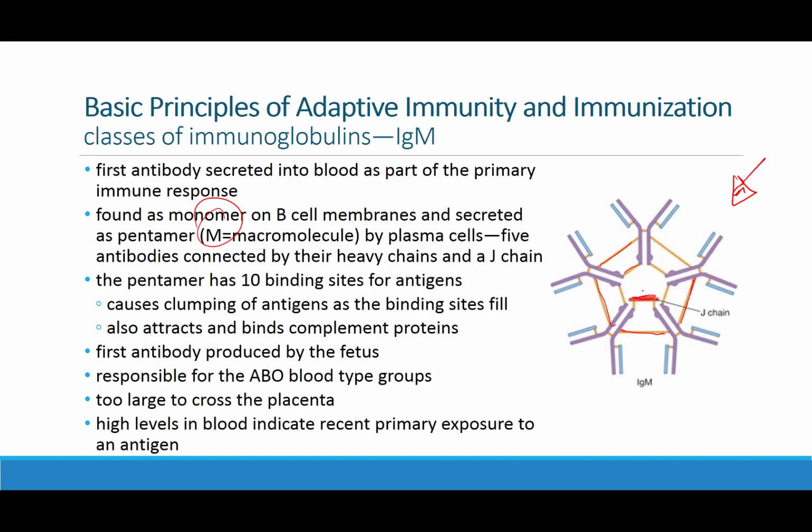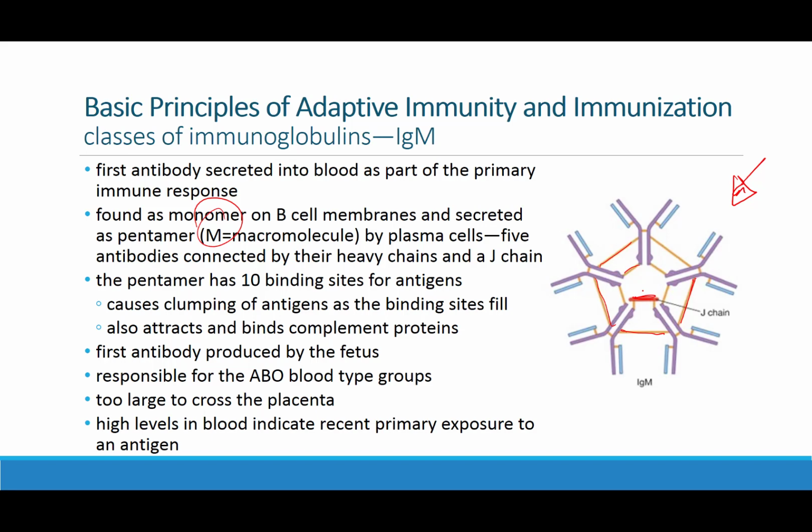This is the very first antibody that's produced by the developing fetus, and they are the antibodies that are responsible for ABO blood group types. So when we think about ABO, it's IgM that we're talking about that's found on the surface, that's produced. So if you think about anti-A antibody, it's this big pentamer that we make when we're making anti-A antibodies or anti-B antibodies. They are too large to cross the placenta,